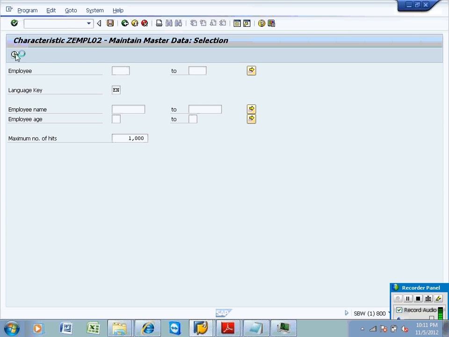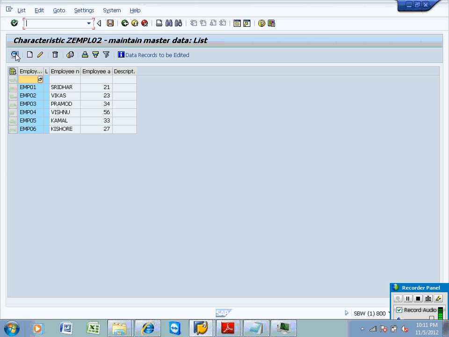But if you report on top of this, you are going to end up in EMP01 with 0 hit, and here it is Kishore only, but when you report on top of this, you are going to end up seeing Vimal only.